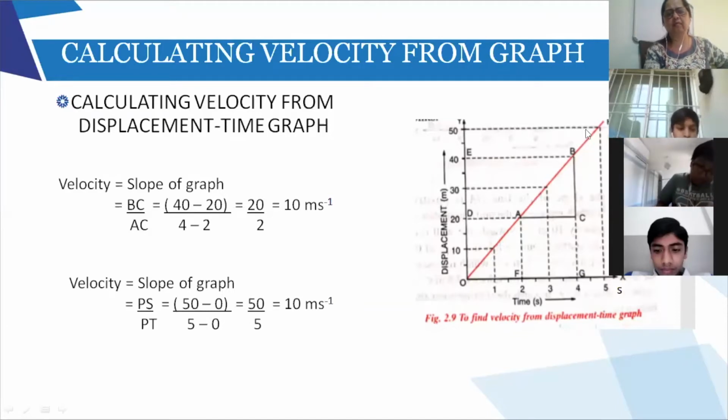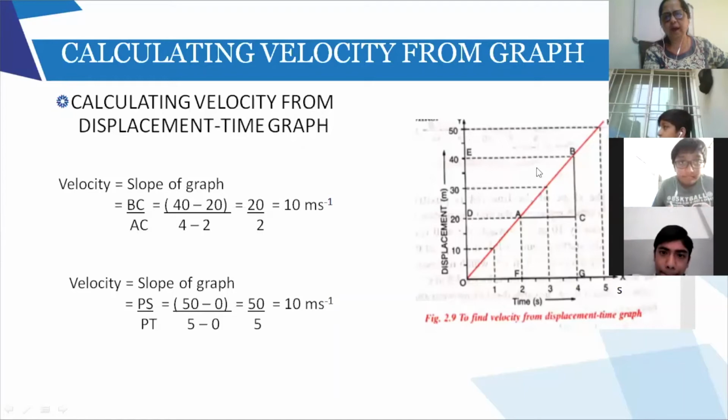The far end of the graph. If you can see, the last value is 50. At the end of the graph, this is 50. So I'm taking the bigger triangle, 50, and the lowest end is 0. Just like Toshit said, I again took 2 more points, 50 and 0. And this far end of the triangle, this line is coming at 5 and this is at 0.